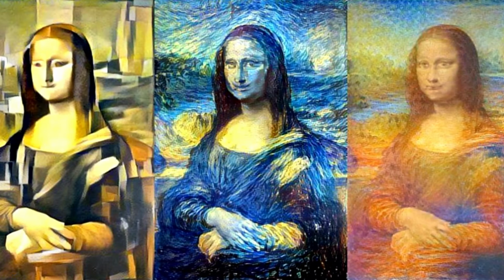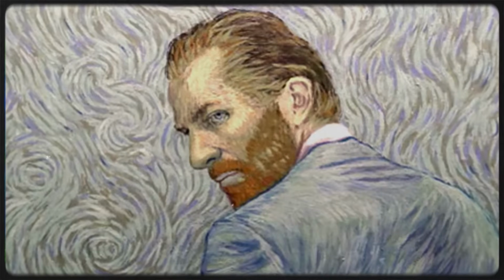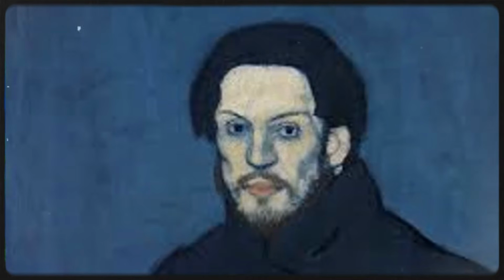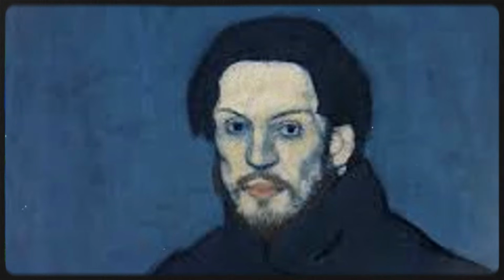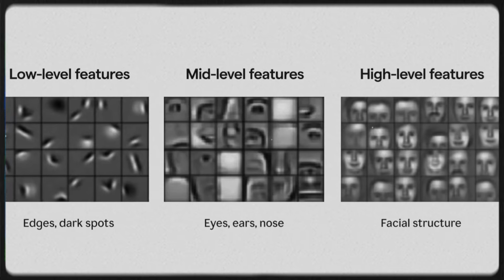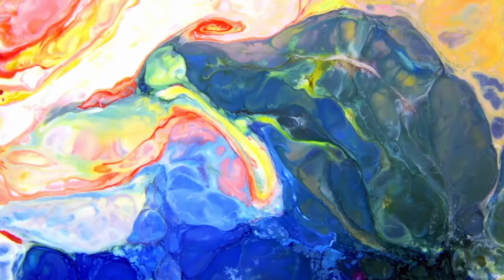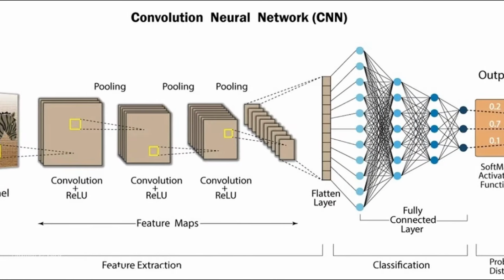This is when an AI takes the visual characteristics of one image, such as the brushstrokes of Van Gogh or the bold colors of Picasso, and applies them to another, like a personal photo. Through convolutional layers, the AI analyzes the stylistic traits of the reference artwork. It breaks down the color patterns, stroke textures, and compositional rules, and then maps those stylistic features onto the structure